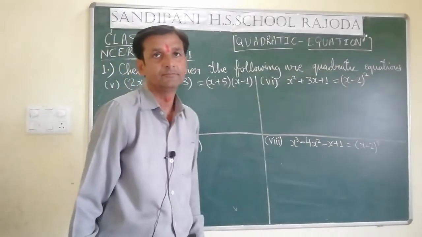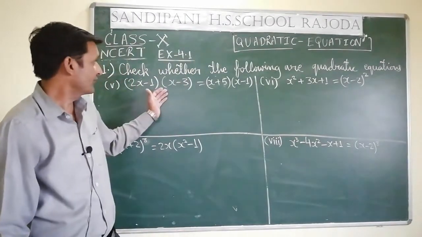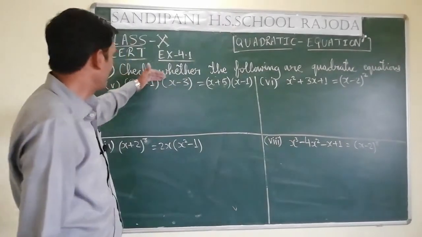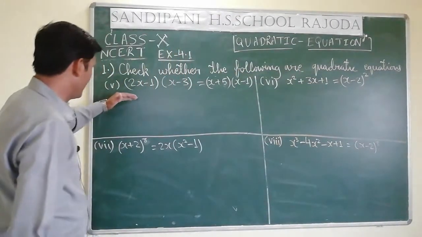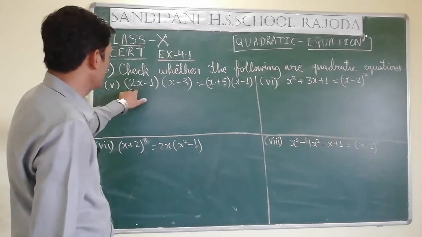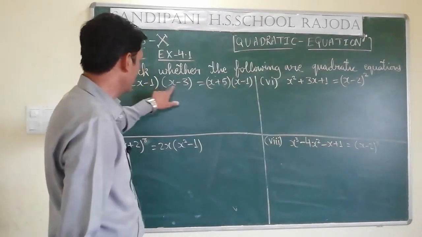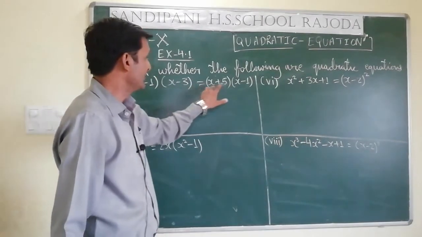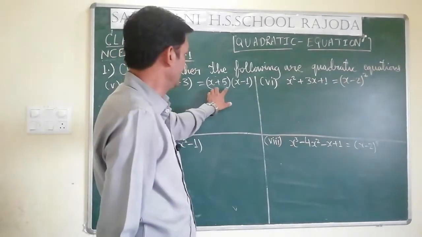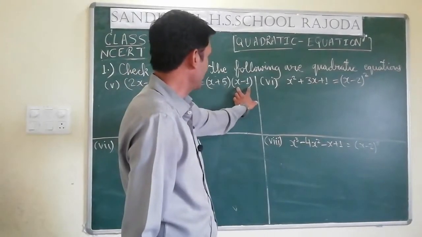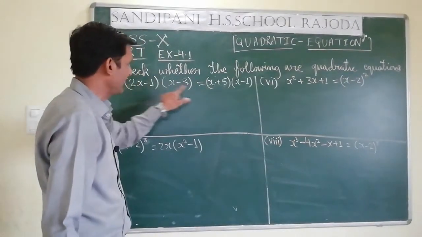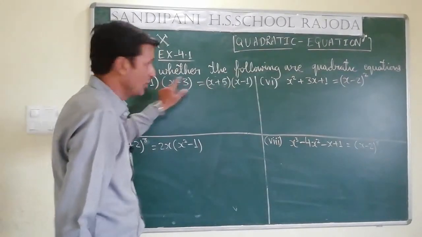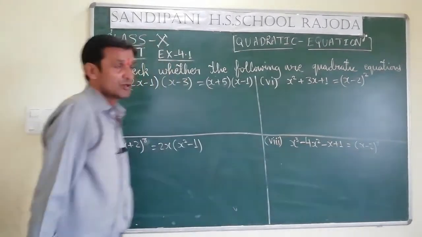Now, fifth question: check whether the following are quadratic equations. The question is (2x minus 1) in the first bracket and (x minus 3) in the second bracket, is equal to (x plus 5) in the first bracket and (x minus 1) in the second bracket. There is no symbol, which means multiplication is applicable in the LHS and also in the RHS. So now